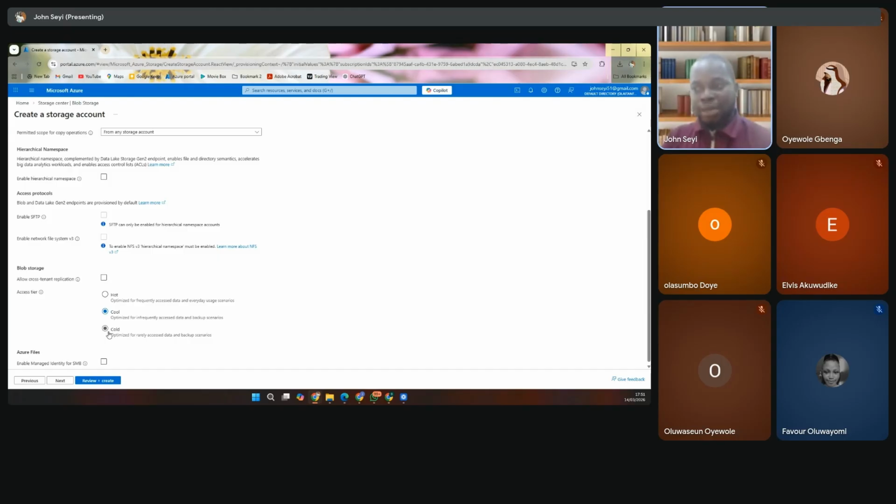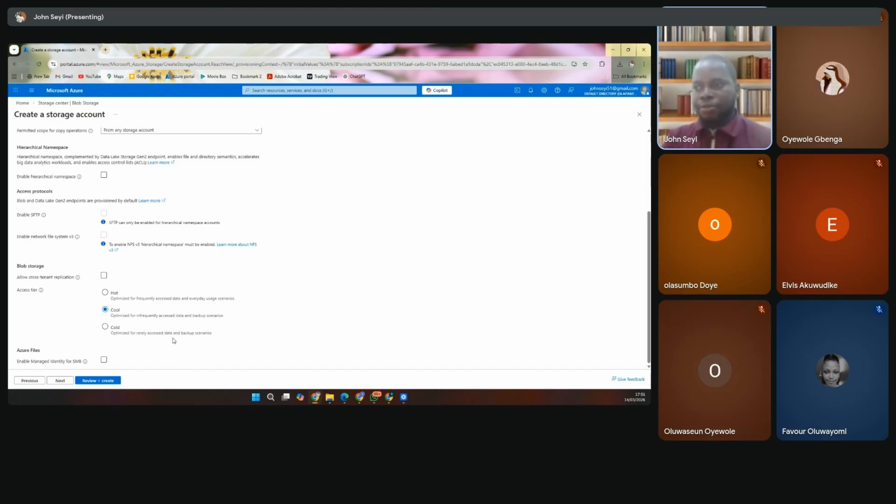Please, do you get that concept of this access tier? Access tier means how frequent or how often you'll be accessing your data in the storage account. Good. The next thing I want us to talk about is